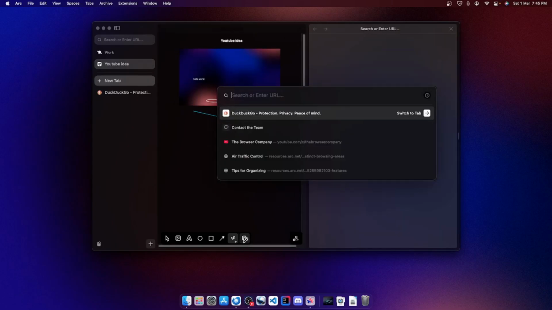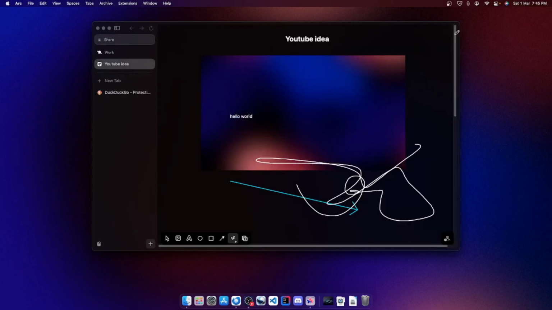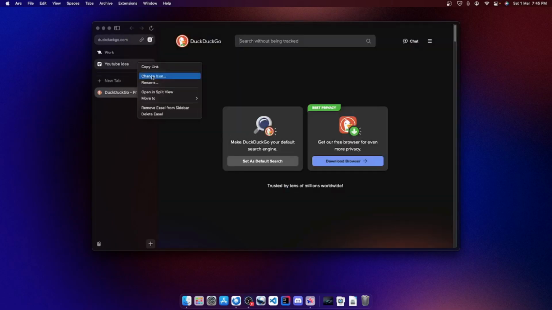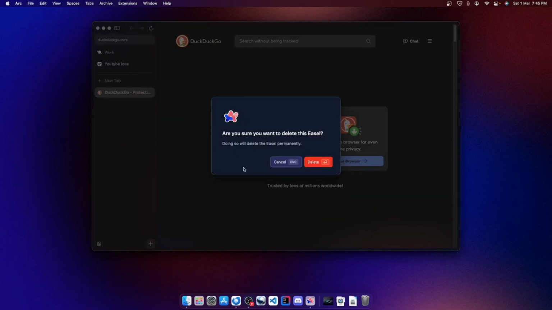and also you have this save. No, it's not save. You could add like a website to this. So I don't really know what I should do with this easel. I mean, it's useless. It's just for YouTube. So yeah, let's delete easel.